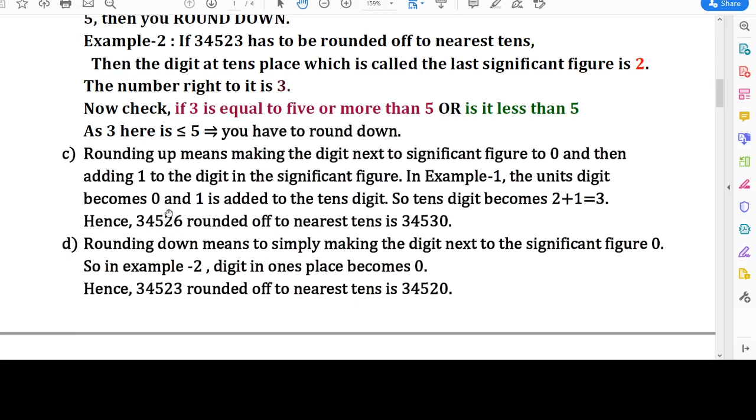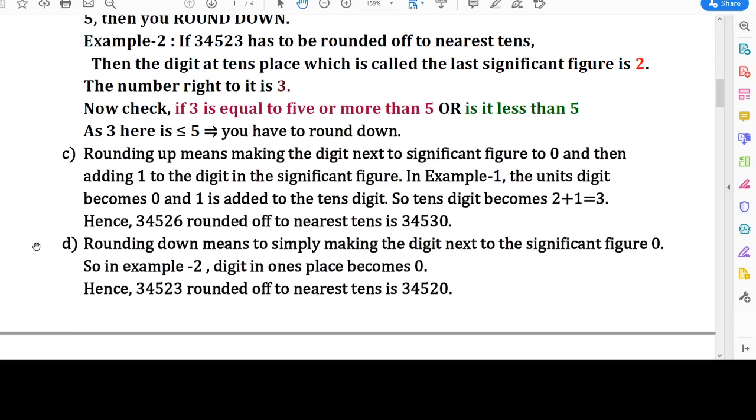Since 2 is in the tens place, we will take 26 as the number. We have to check between which multiples of ten 26 exists. 26 exists between 20 and 30, and 26 is closer to 30. It is 6 away from 20 whereas 4 away from 30. So it will be rounded off to